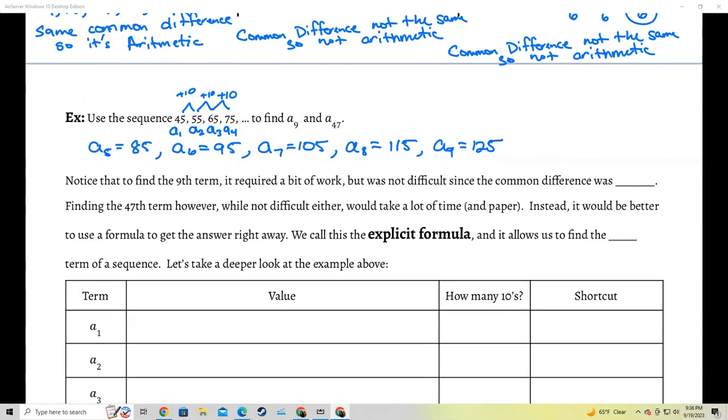But notice that to find the ninth term, it required a little bit of work, but it wasn't difficult since the common difference was just 10. Finding the 47th term, however, while not difficult either, would take a lot of time and it's going to take a lot of paper. Instead, it would be better if we use a formula to get the answer right away. In order for us to do this, we're going to use something called the explicit formula. And what this does, it allows us to find the nth term